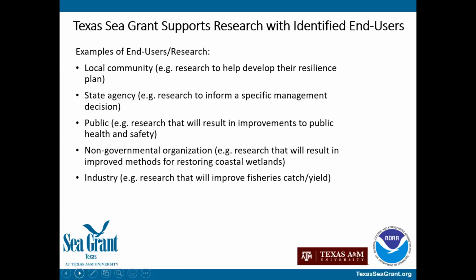It's not okay to publish your research in a journal and then let people just find your research at some time that's convenient to them. We want you to take your research. We want it to be used. We want to support actionable research. And I'll talk a little bit more about actionable research in a few minutes. So